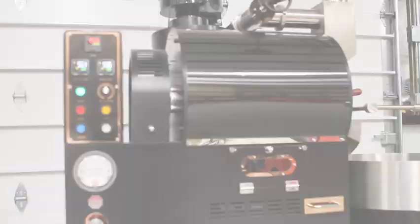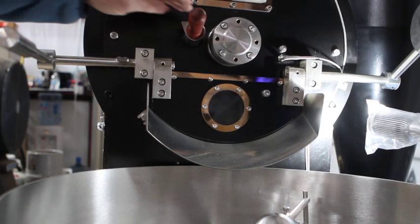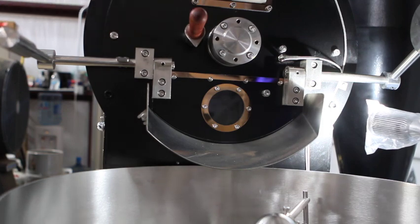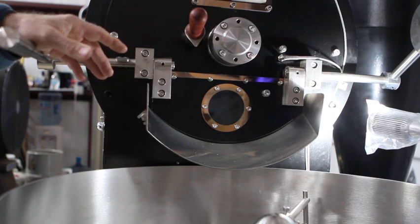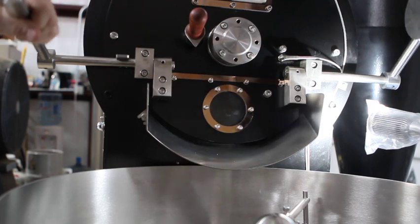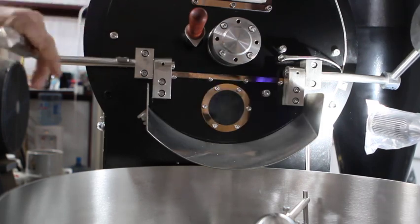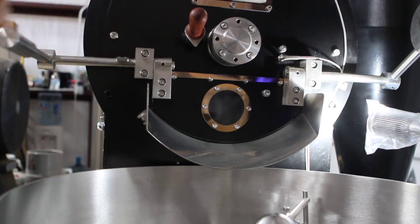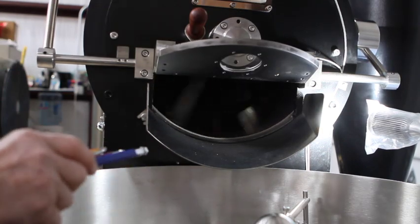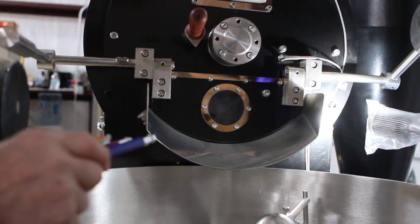There's still more. The 2023-24 models, well actually from the 3.5 all the way to the 25, we've upgraded to a new type of bearing system. And the reason for that is, in the past, if you ever had your drum get out of alignment, you would have to loosen the 2 set screws on the bearing that was on the front, push the drum out while it was off, obviously, and then maybe put a 2.5 millimeter hex key between the drum and the front panel, and then you would pull that back in